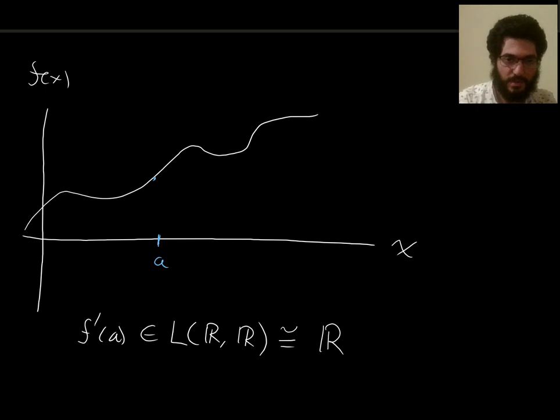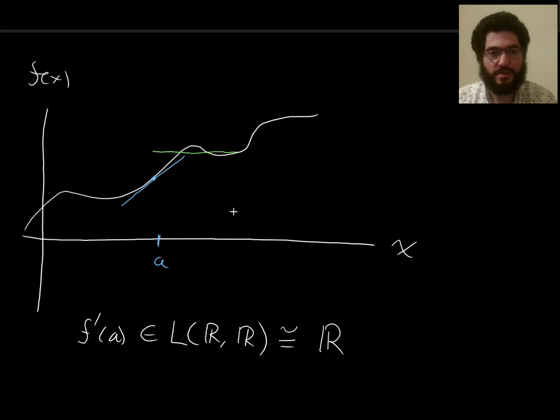So here at a, it looks like the slope is not zero. And so we are in a situation where f prime a is an invertible linear map. And do you think that f is injective near to a? Yes, it certainly appears to be so. Not globally, right? There are many examples of f not being injective, like here. But if you restrict your view to a small enough neighborhood of a,